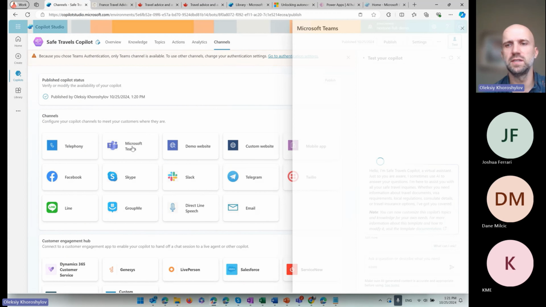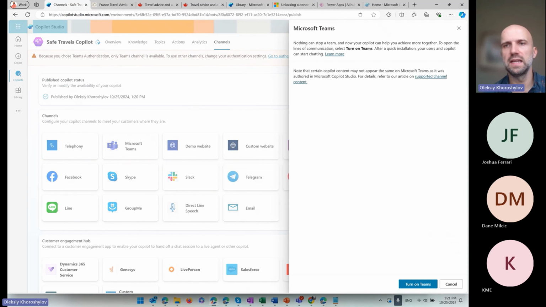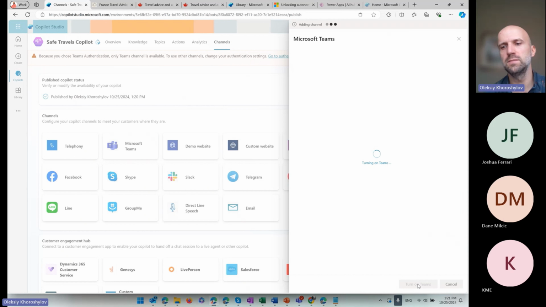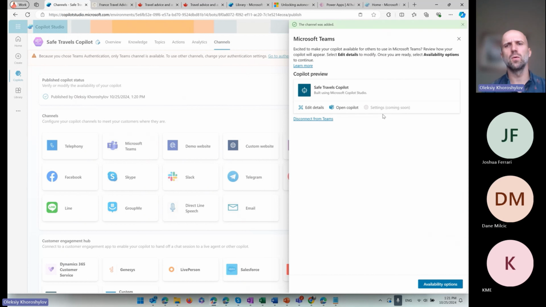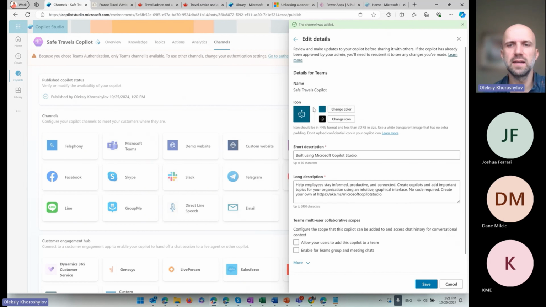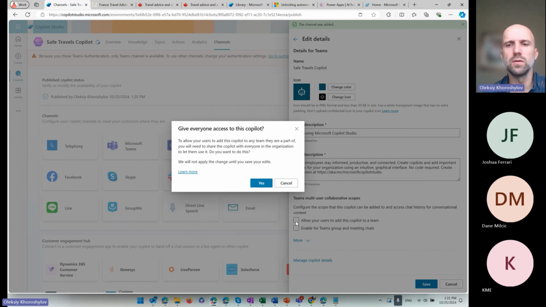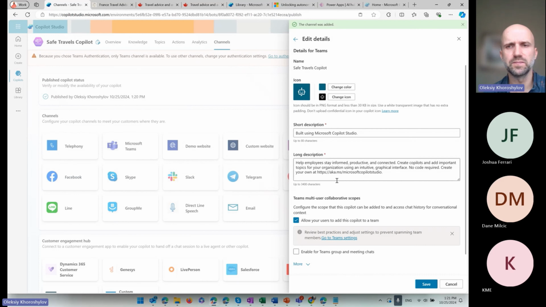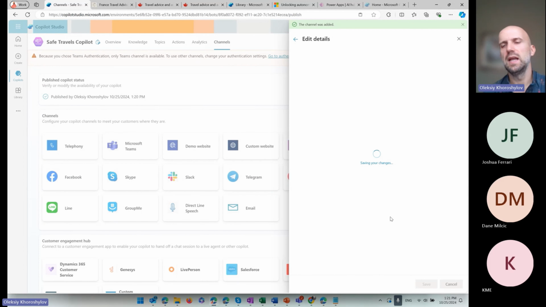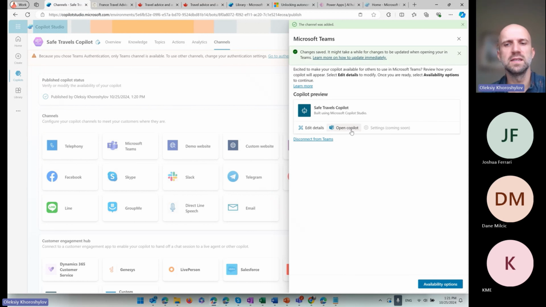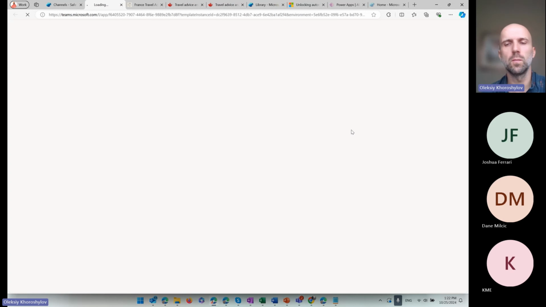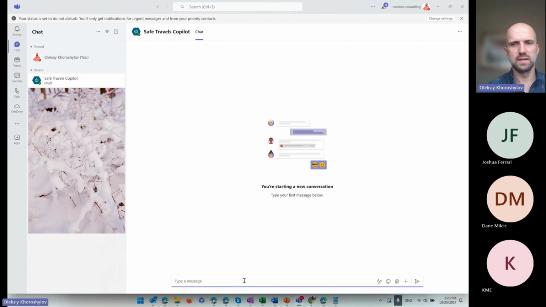I will click on Microsoft Teams. I will say, yeah, I want to turn it on in Teams. So it's going to do that. And you'll see it's a bit slow, and sometimes it doesn't really work exactly. But I will click on Edit Details. I will make sure to allow users to add this Copilot to a team. I say yes. I'm going to save that. And once I do that, again, I did not even have to do that. I need to open it inside my team. So I'm going to click on Open Copilot and say,